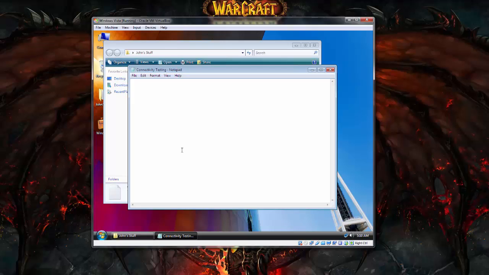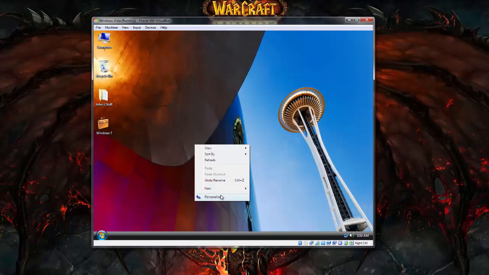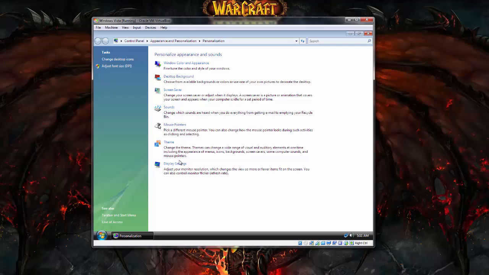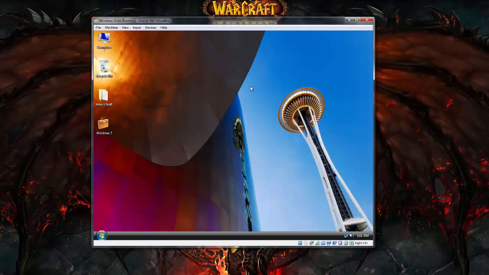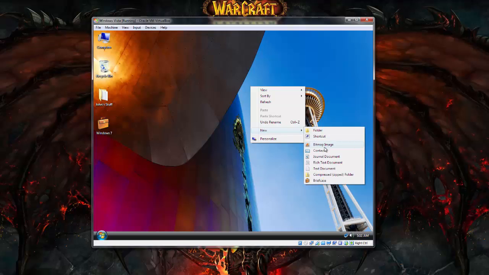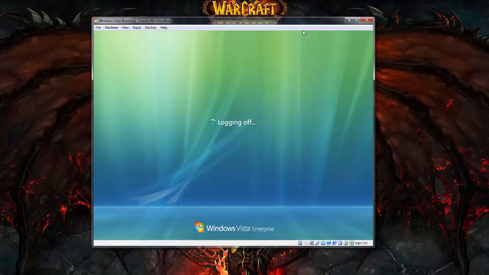So I just put that there, save it. Good. So once I were to log off from here now, you know what? Let me just do a little bit more personalizing. So not much things I can do here. Okay, no personalizing for that. Let me just create something randomly. Bitmap image, pick one. Alright, so once I log off and I log back onto my Windows 7 machine, or my another desktop,